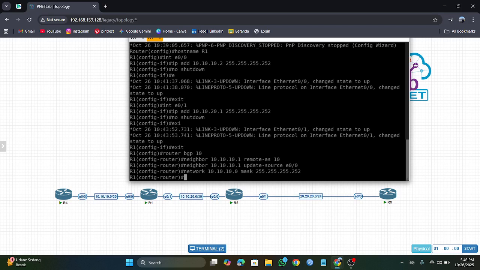Okay, guys. So here we have something called a route reflector, or RR.